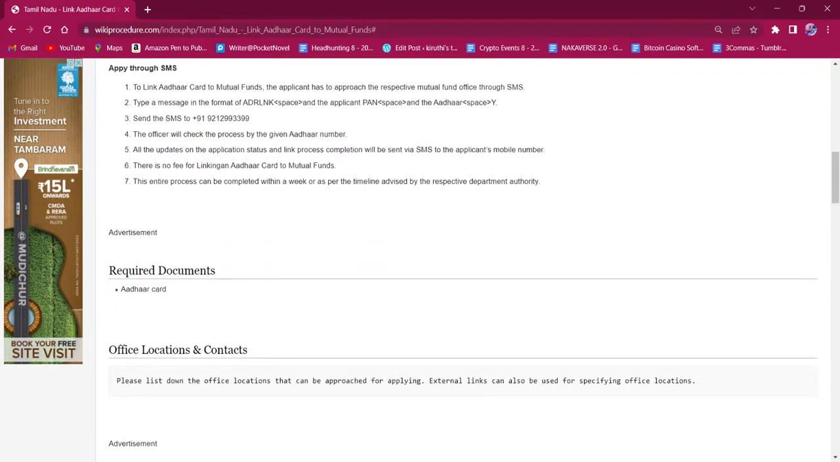For applying through SMS, the applicant must type a message in the format of capital ADRLNK space PAN number space Aadhaar number space Y. The applicant must send the SMS to